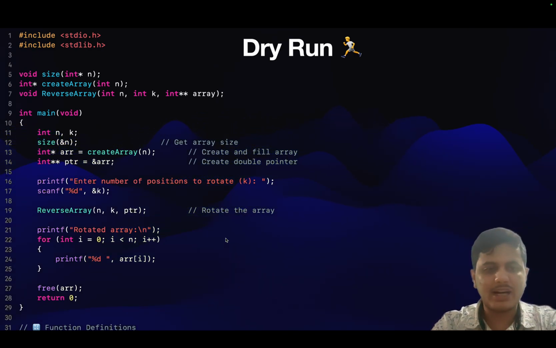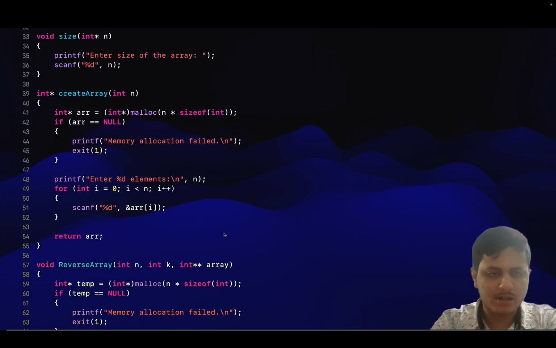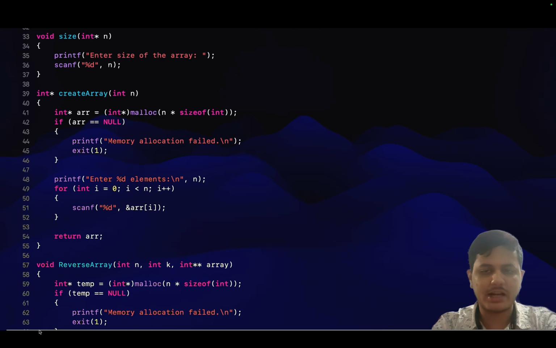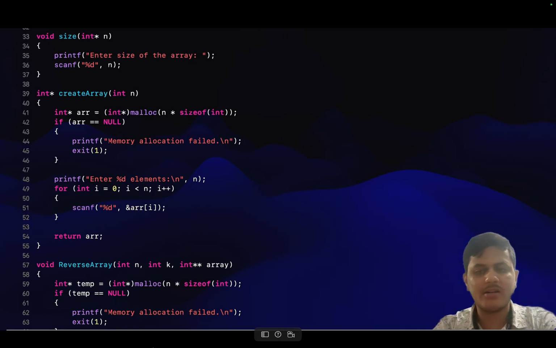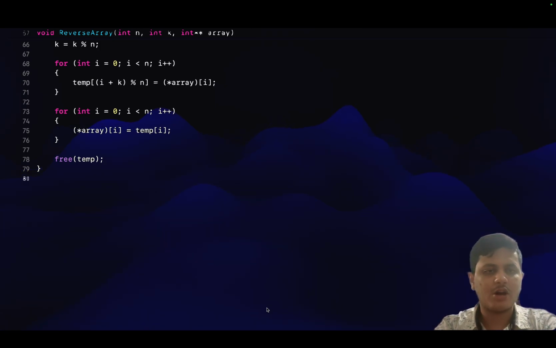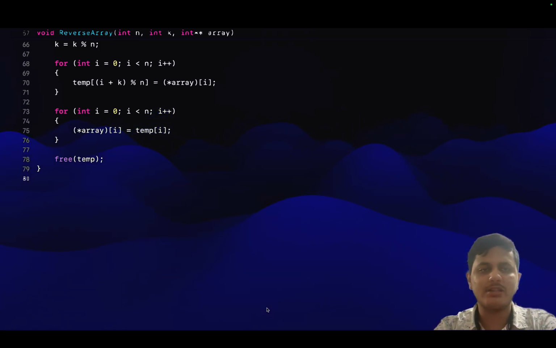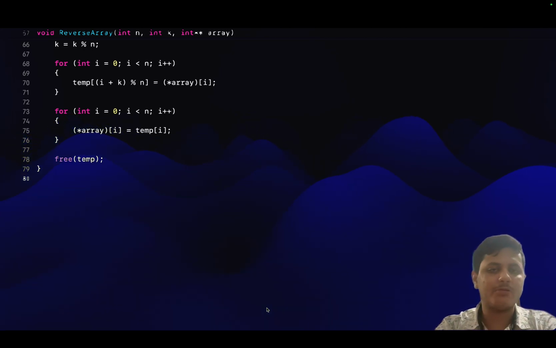These are quite simple ones, we already know them, so let's skip them. Yeah, so here is the rotate array function. As you can see, we have implemented a temporary array with the same number of elements as the original array, and just apply the formula, copy the answers to the old array, I mean the original array, and that's it. And free that temporary array to save space.